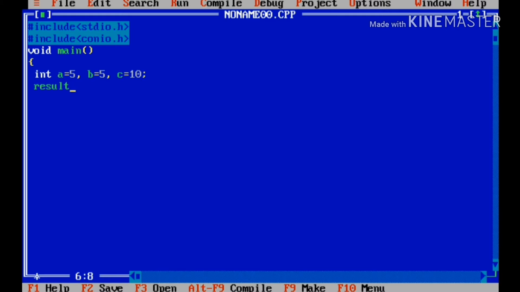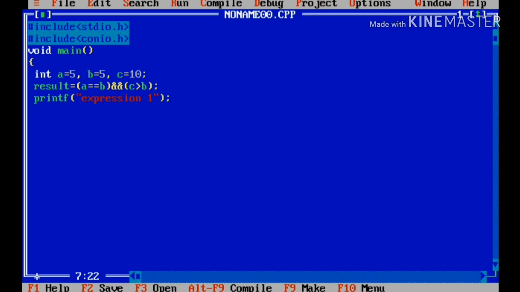Then comes result equals to a equals to b, these are AND operators, and c greater than b. Look carefully, we are using result, but we haven't declared it yet.